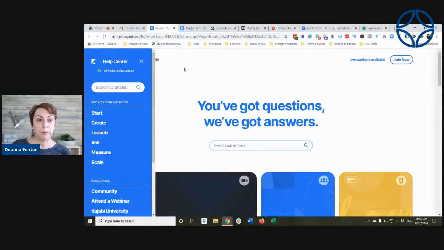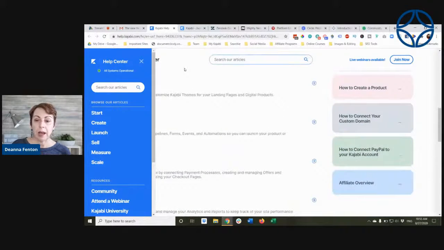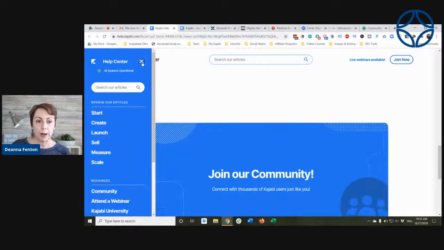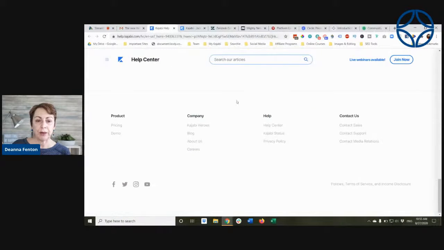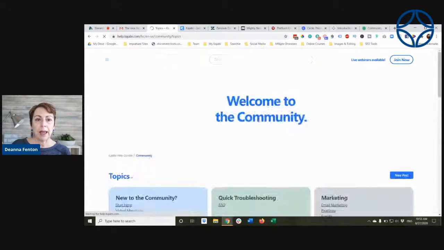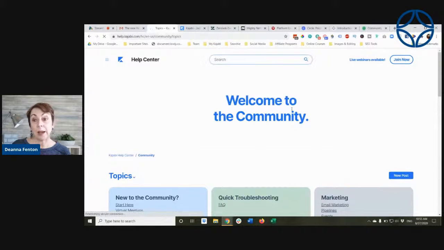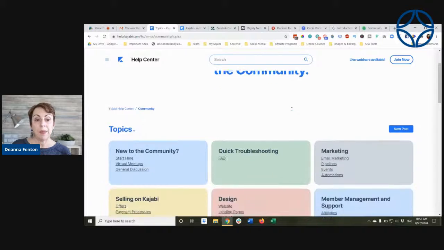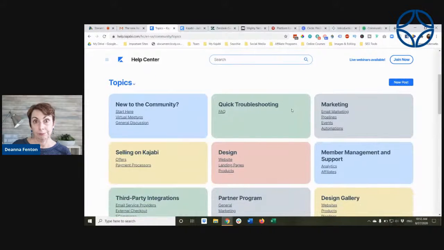So the sidebar menu pops out. If I scroll down to the bottom, I believe it says join our community. And if I click on that, and I'm already logged in because I'm already logged in via Kajabi, this is their new community. So I took this, looked at the code, reverse engineered, and found out this is built on